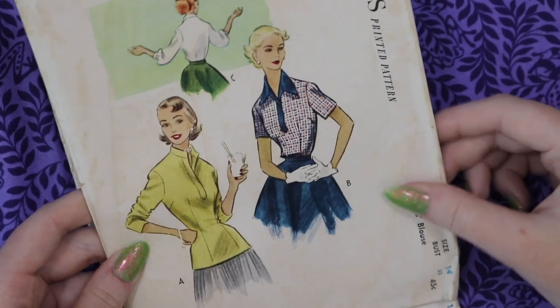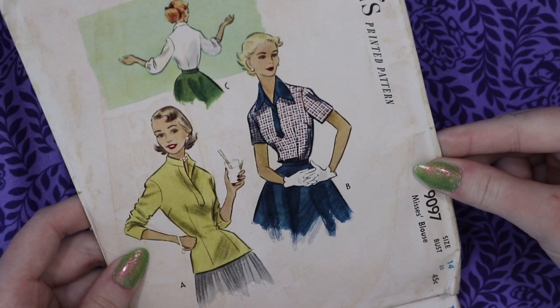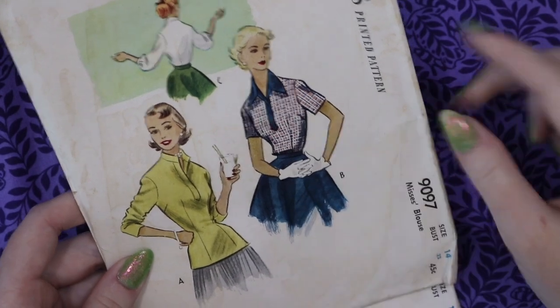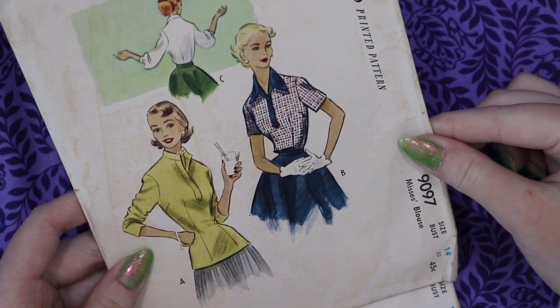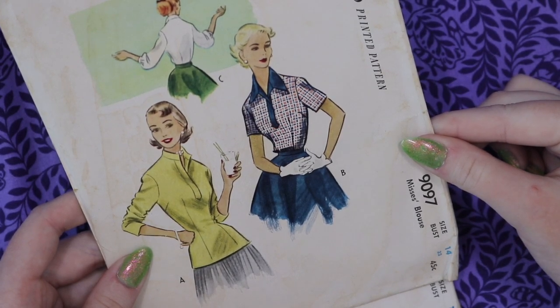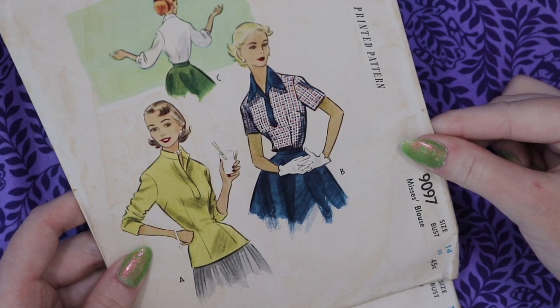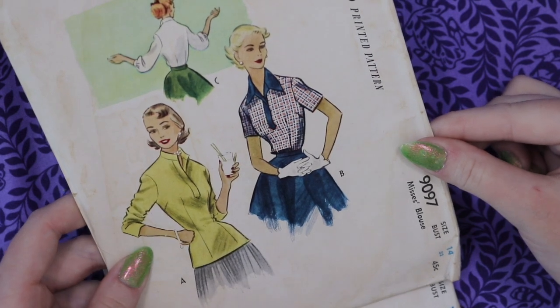This is a slightly different illustration from McCall's. So this is either an over blouse or a tuck-in blouse. You can use it for both, but the darts carry down below the waist, so you will get slim lines even if you don't have it tucked in. And this has a placket down to above the bust, and you can make this with a mandarin style collar or a turnout lapel. And this has either short or elbow length sleeves,